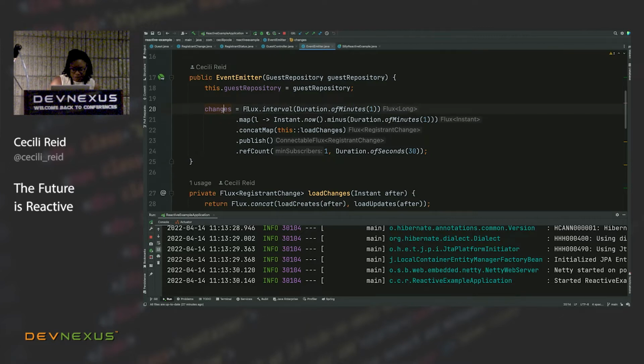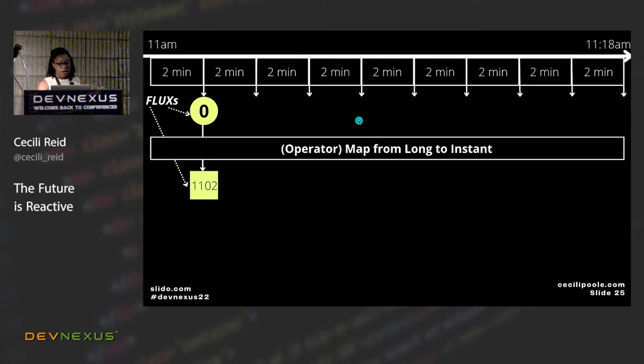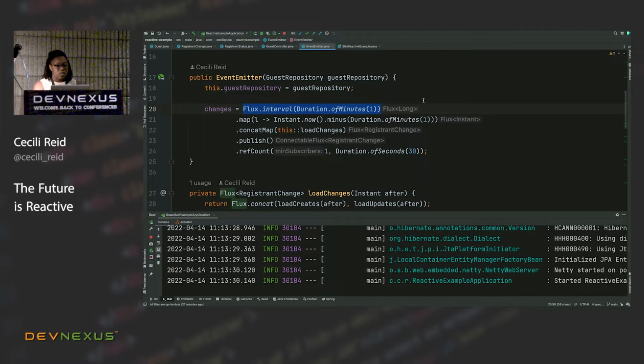On line 20, I am first doing Flux.interval with a duration of minutes 1. So if we go back to our diagram here, I'm basically doing this top part up here. I am saying every minute spit out a long value. On line 21, I'm using my map, which takes in a function, and I'm taking this long value and doing absolutely nothing with it.